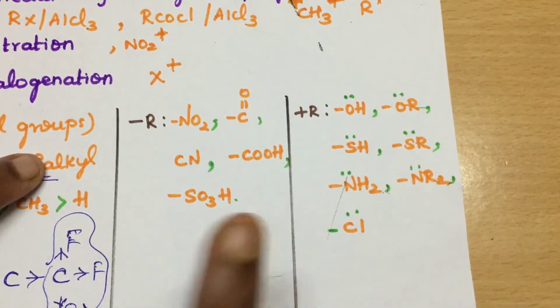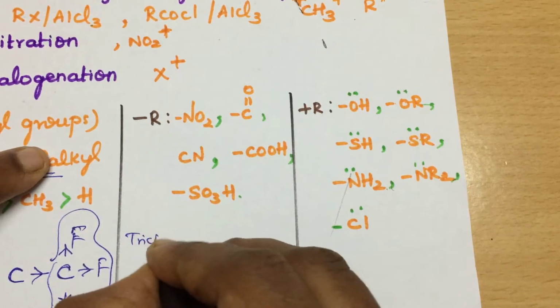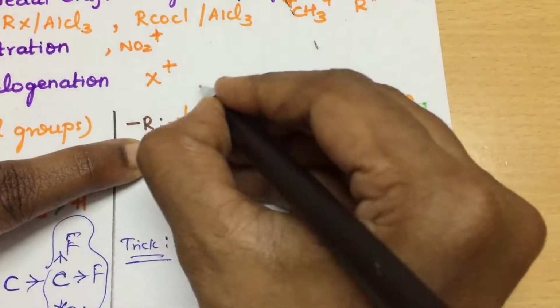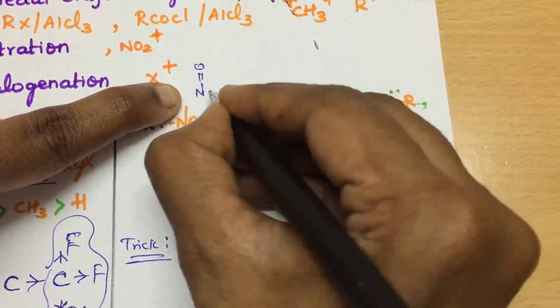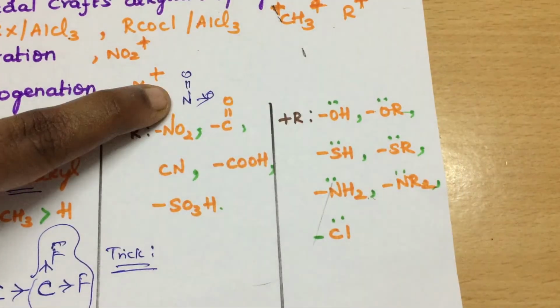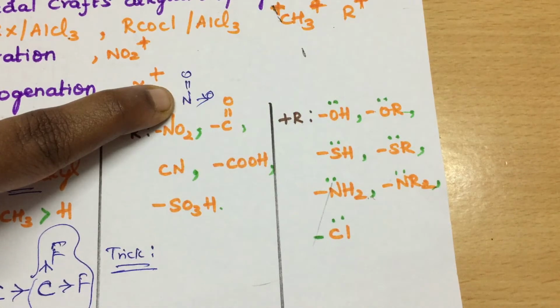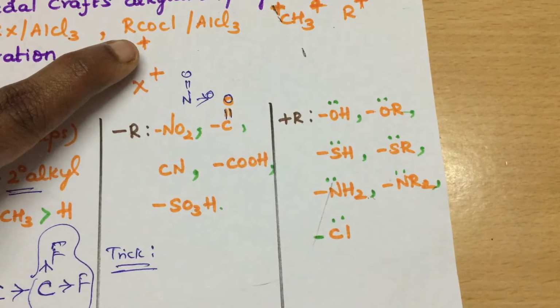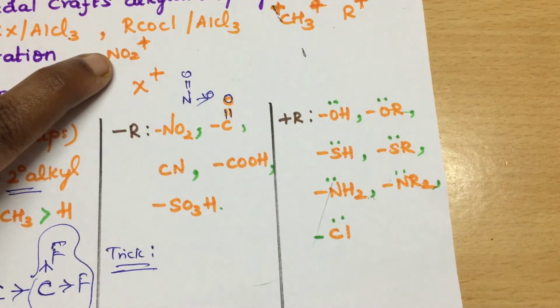Okay, so this is resonance. So what is the trick I told you in the previous video? The trick is unsaturation will be there. So if nitro group, it is like this. It is like this unsaturation. Unsaturation means there will be a double bond or a triple bond. So here carbonyl, any carbonyl, okay, acid carbonyl, acyl carbonyl, aldehyde carbonyl, ketone carbonyl, anything.